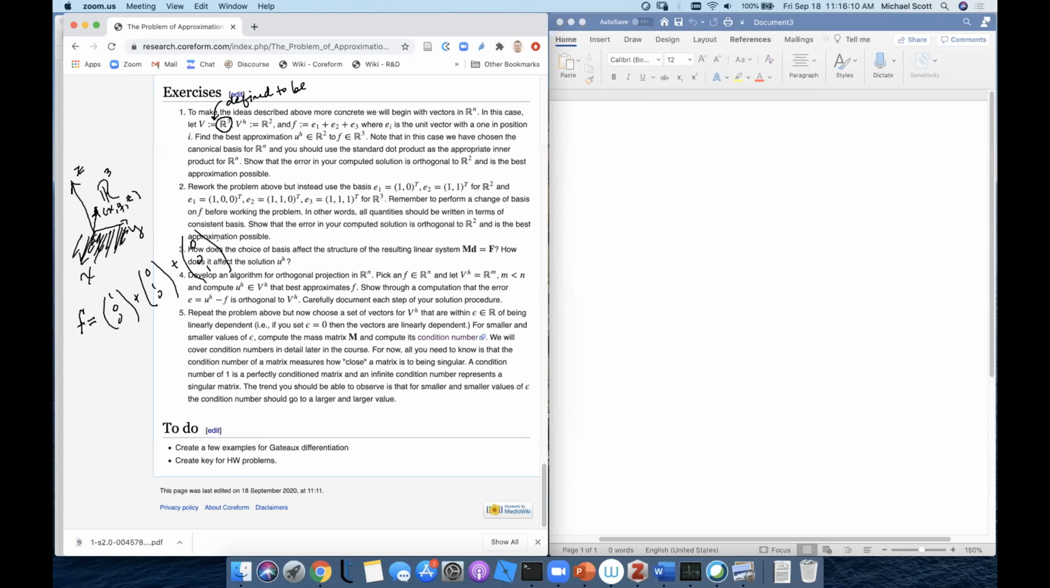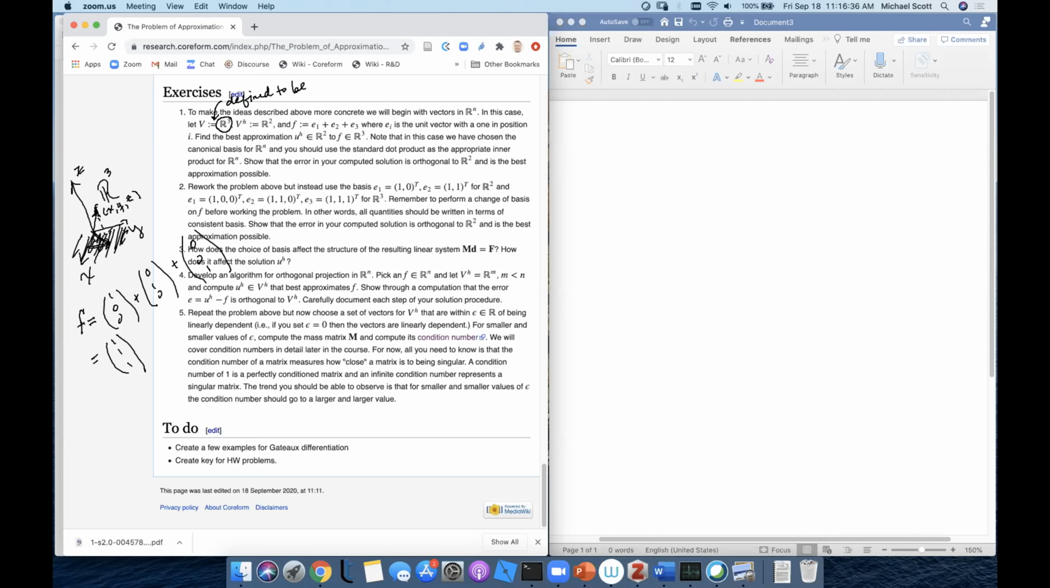That's what F is. Right. It's 1, 1, 1. Because E1 is 1, 0, 0, E2 is 0, 1, 0. Add those 3 vectors together, you get 1, 1, 1. Yes. Okay. Basically, this problem is you're going to be projecting this point